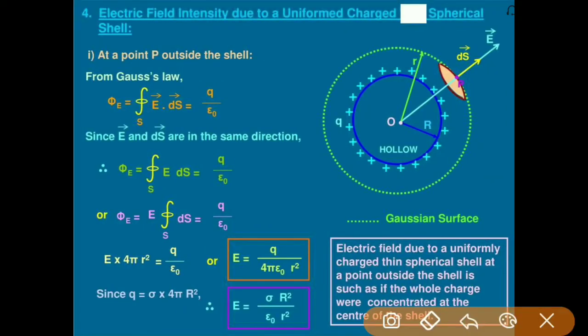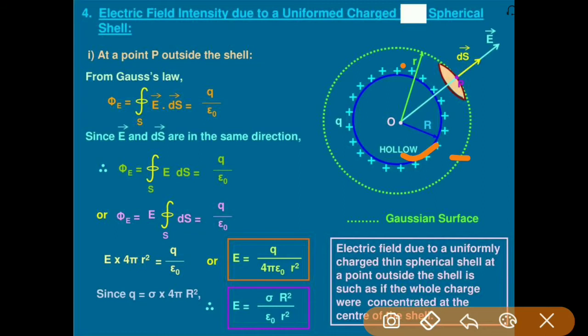So in the figure you can see that there is a charged spherical cell, represented by this blue sphere having radius capital R, and our procedure is to take a Gaussian surface. First we will take the Gaussian surface, denoted by this green dotted sphere, and the radius of the Gaussian surface is r. This is a spherical Gaussian surface.